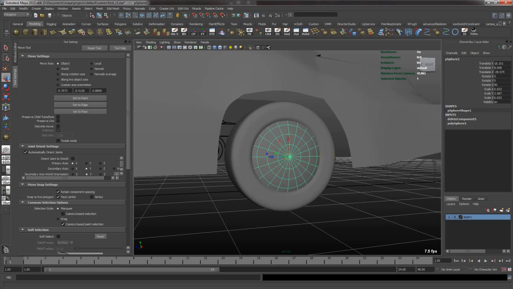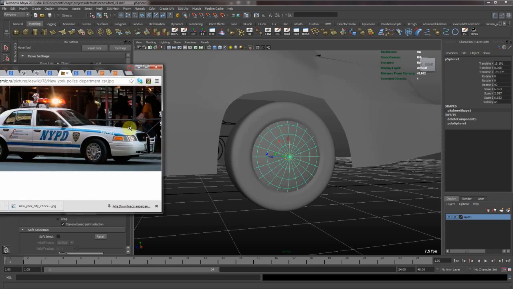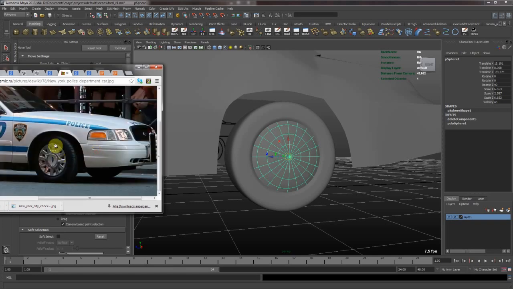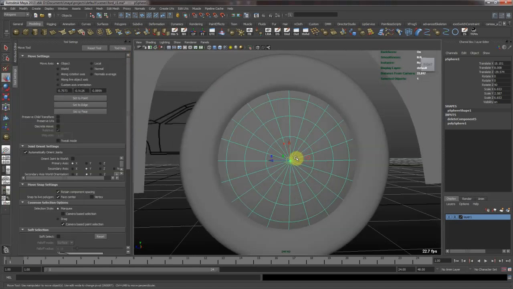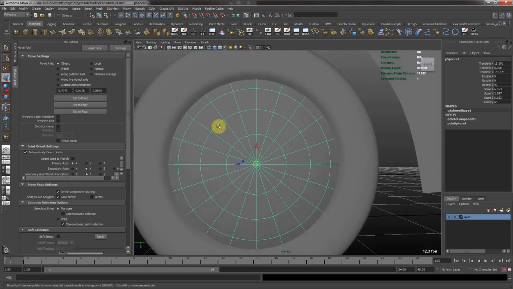Very simple but effective wheel. We could go on the internet and see how some of the things of the wheels look like. Look here, found this nice NYPD wheel, looks cool, and I'm going to use that. So, but I'm being very simplistic, so just selecting every other